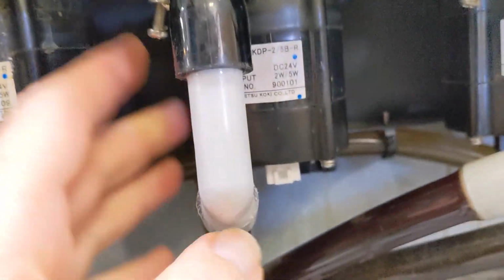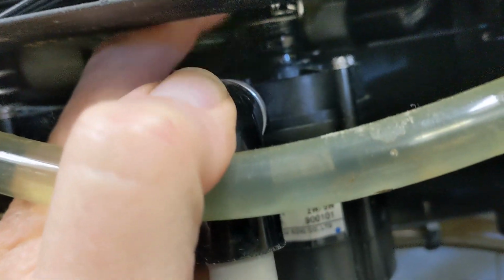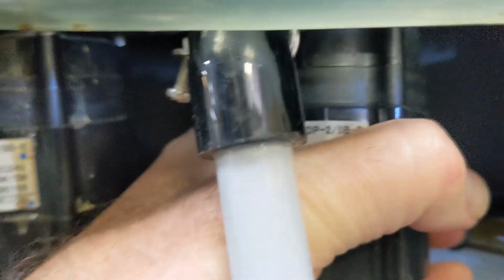So I almost have the pump out. It's a little bit of a struggle when you disconnect this hose clamp. You sort of have to loosen it all the way and lift it above where it was, because it sort of likes to grab onto the thing. And then with it above there, you should be able to pop it off, although you might need to put a screwdriver